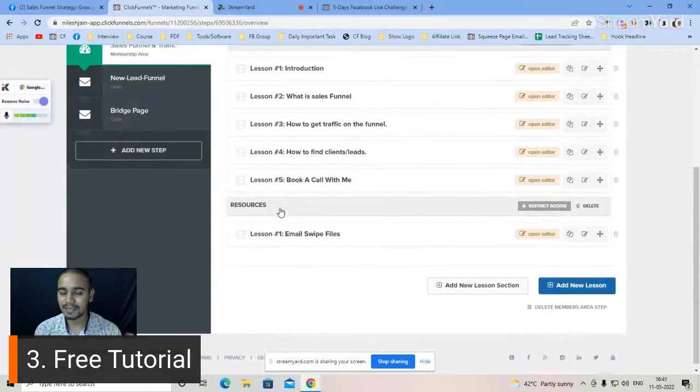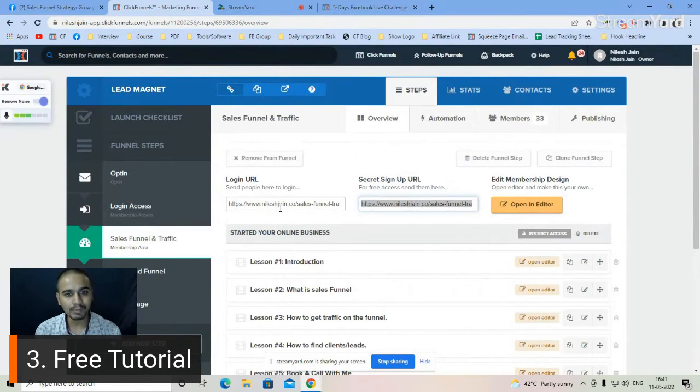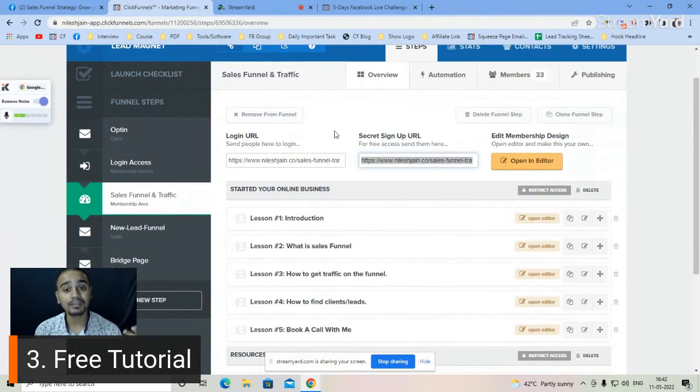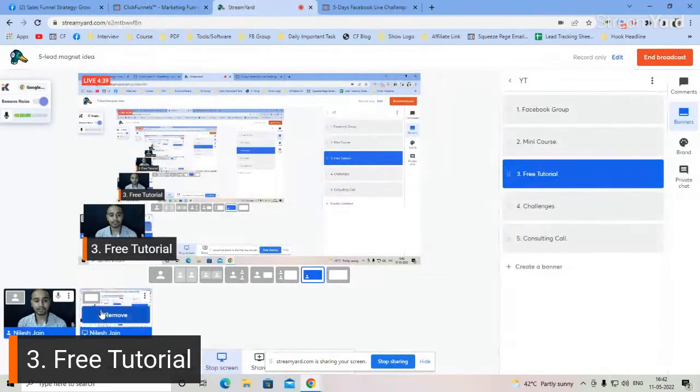This same setup I did for the tutorial, but in that tutorial I only teach how to use ClickFunnels, like how to use any software or any kind of thing. That is what people are more interested in if you are selling any software. The free tutorial works crazy because people get more value and more nurture from it. And if you are an affiliate for a software product, then definitely you can create a free tutorial.